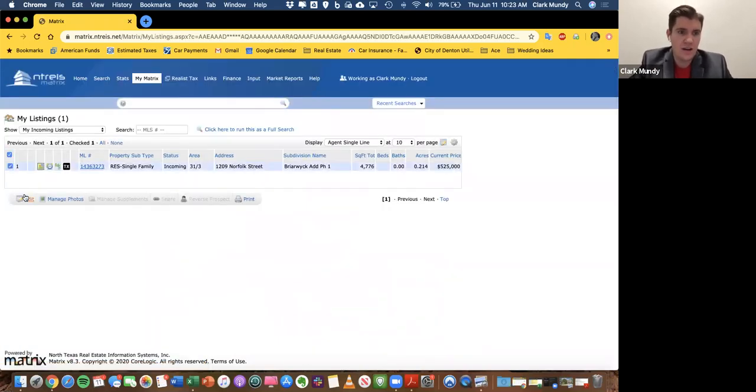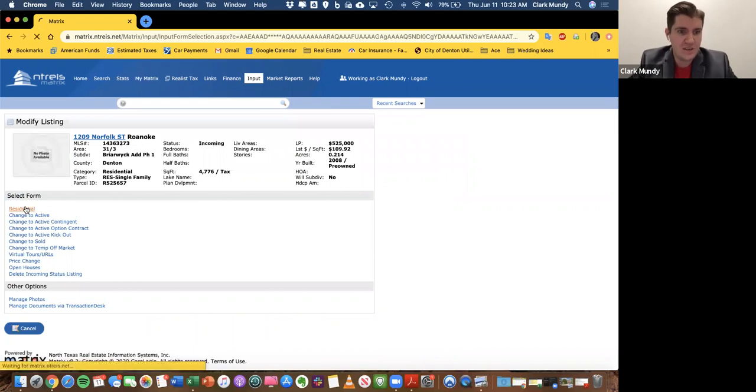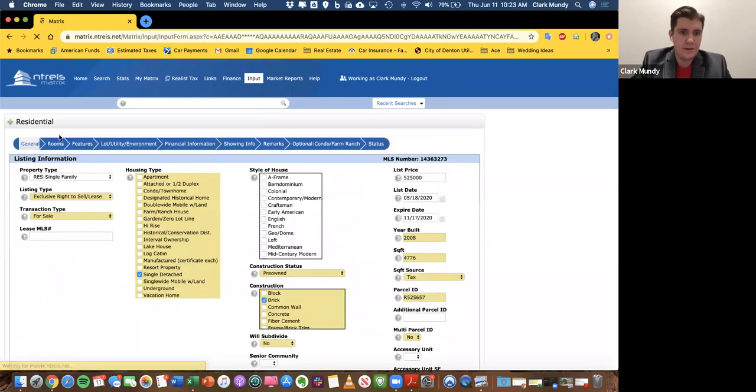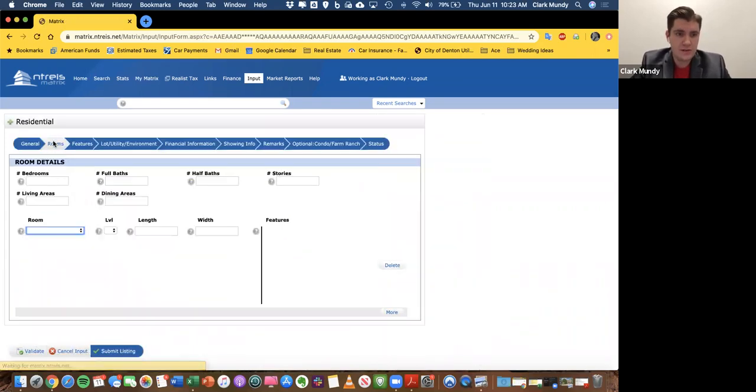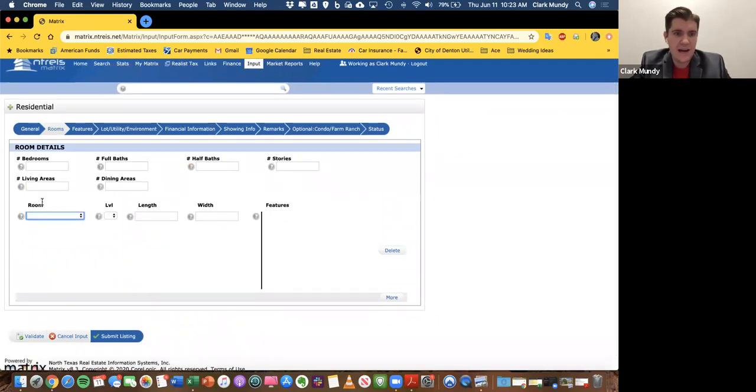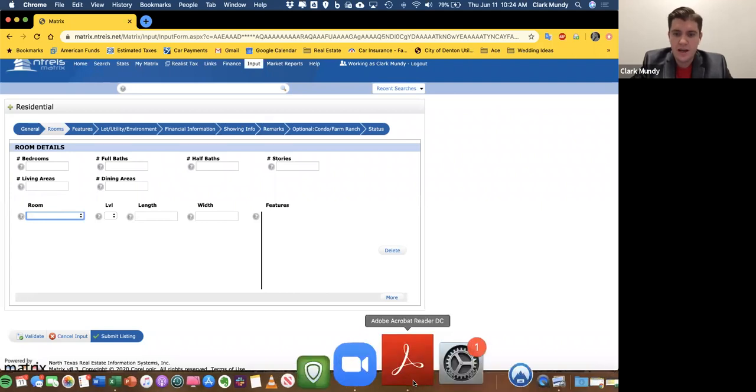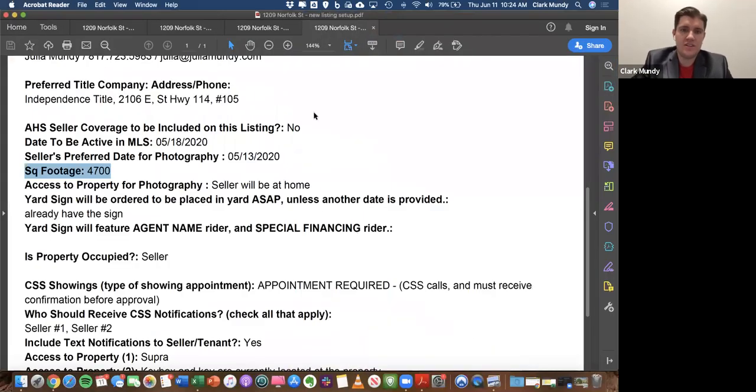So we'll go back in here. We're going to edit and back to residential. Now we can go on to rooms. And this is where beds, baths, living areas, dining rooms, specific measurements come up. And I'm going to show y'all real quick what our team's